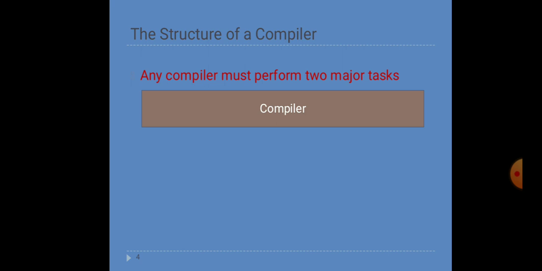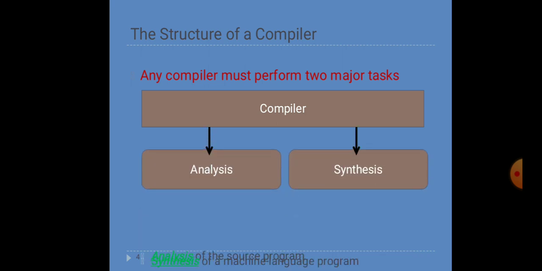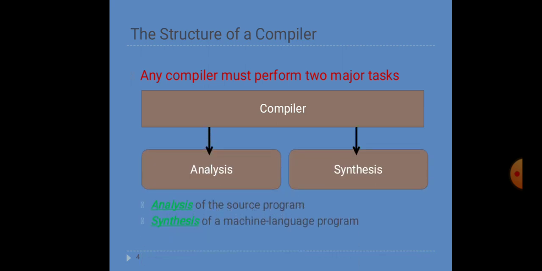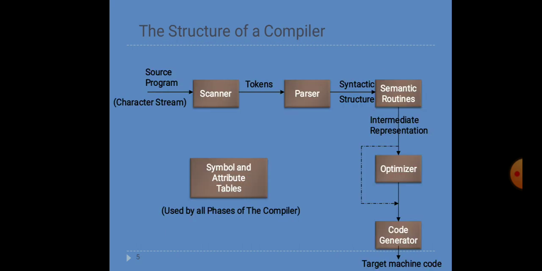The structure of a compiler. Any compiler must perform two major tasks. The one is analysis and the other one is synthesis. Analysis of the source program, synthesis of a machine language program. The structure of a compiler is divided into phases. The first is scanner, parser, semantic routines, optimizer, code generator. Let's see each stage